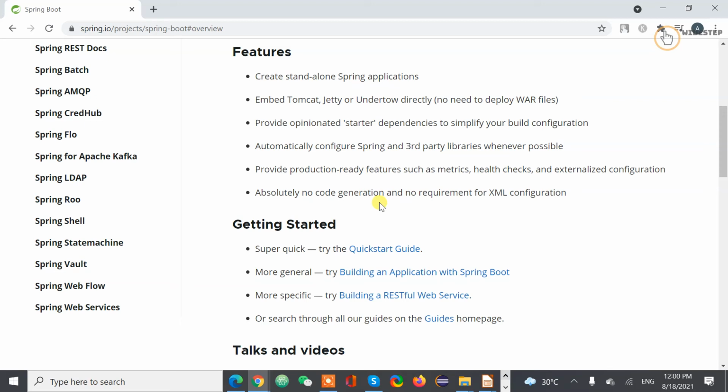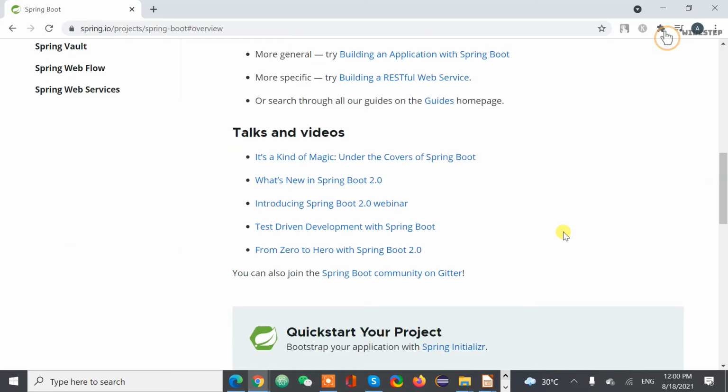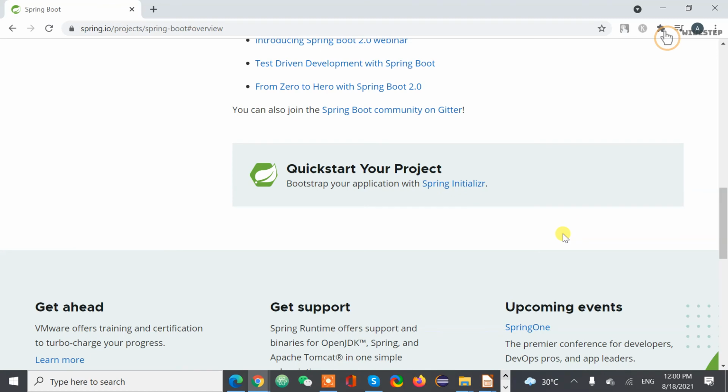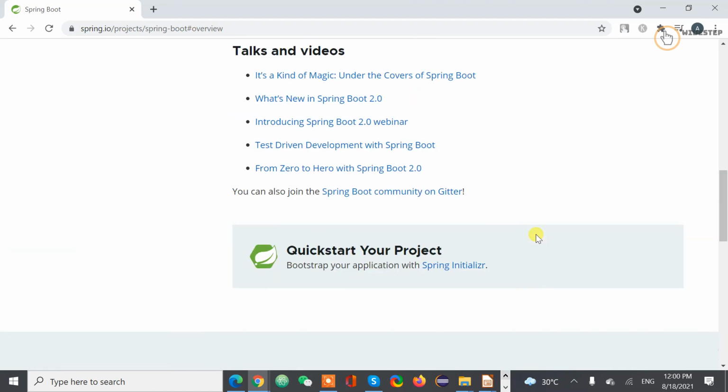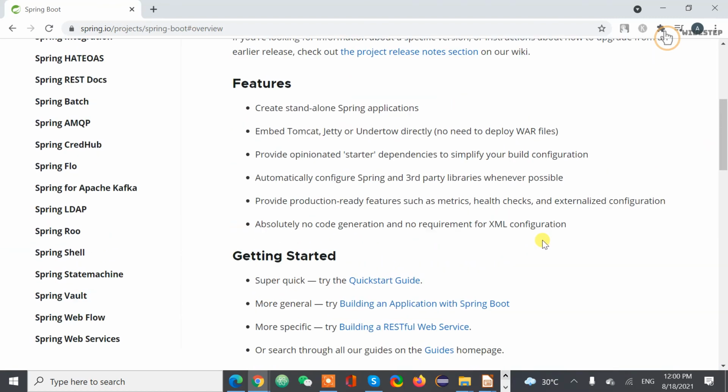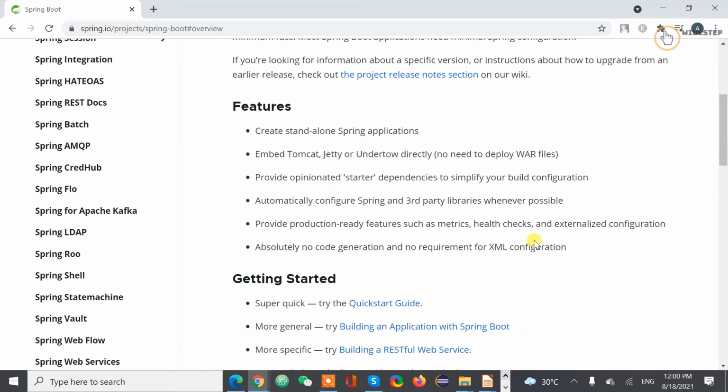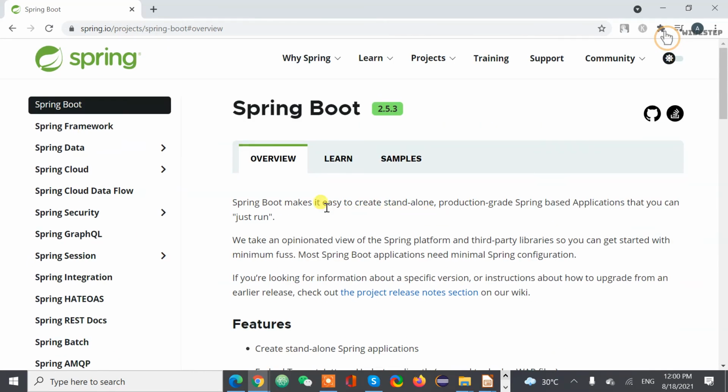You are getting the production-ready features as well: metrics, health checks, externalized configurations. Absolutely, you do not have to worry about code generation, and there is no requirement for XML configuration. These are the features provided by Spring Boot, so that application development becomes much easier, much more developer friendly, and much more production ready. So go ahead and check those features yourself